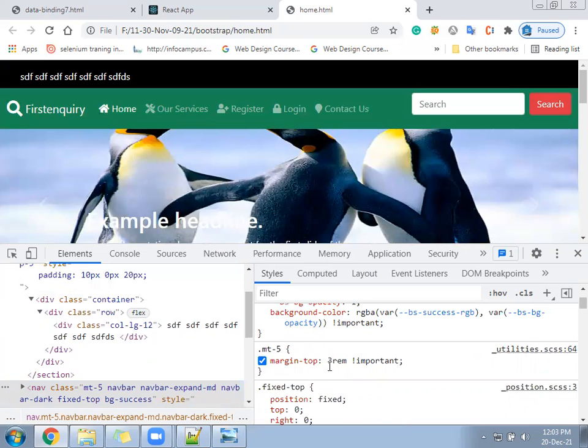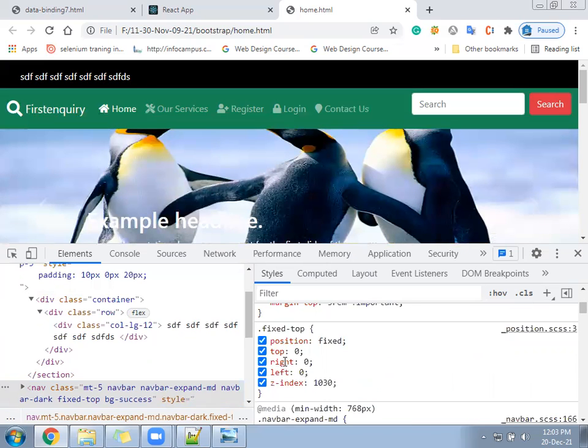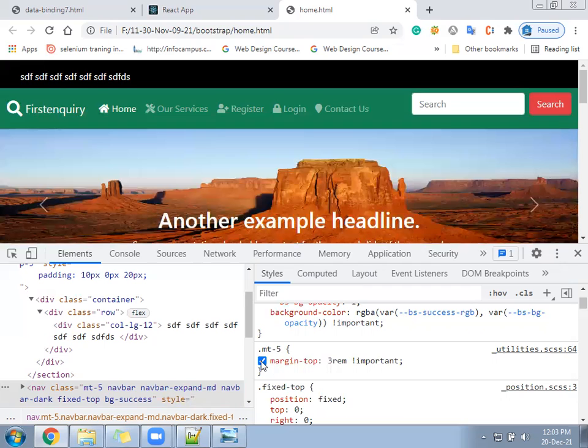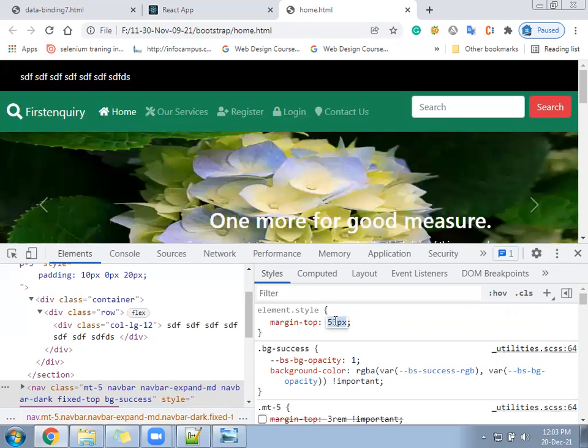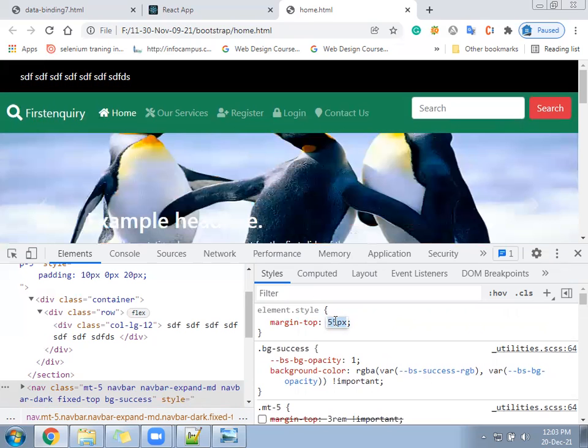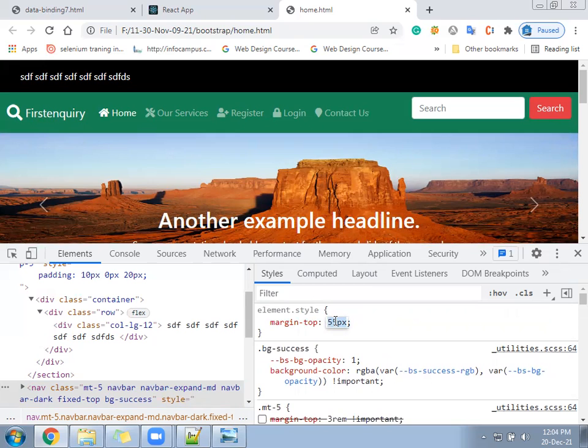Okay, important is applied here. So let me remove the important and apply 48 here. 50 is not sufficient. This much is okay. It is in center now. So we have to create one class and then we can fit it there.